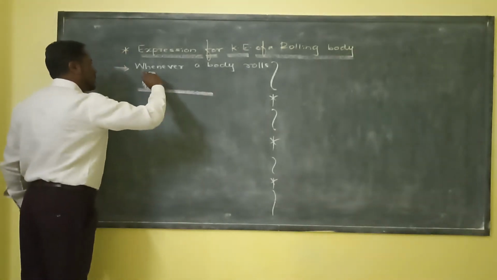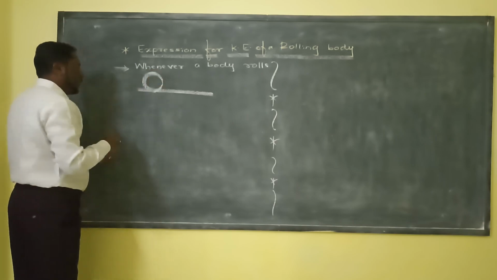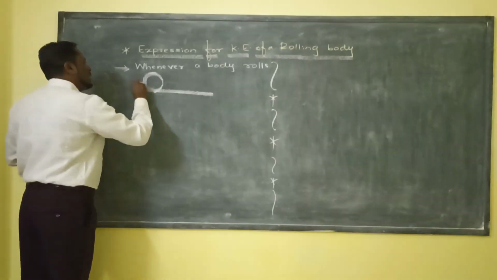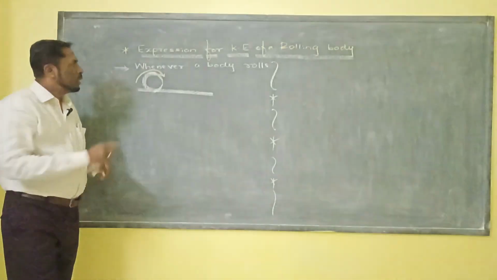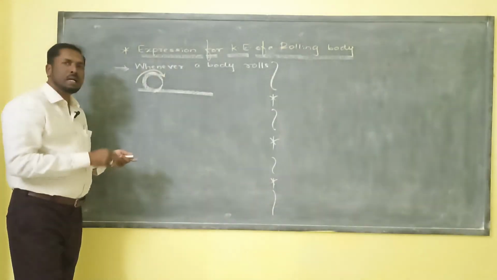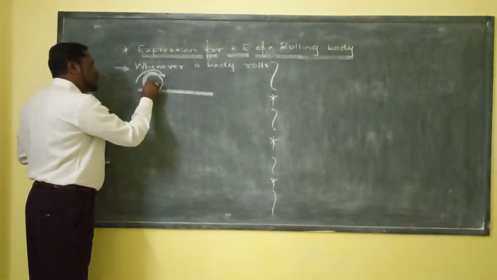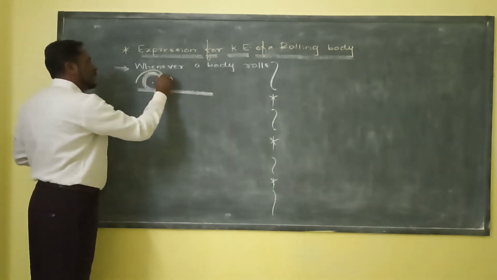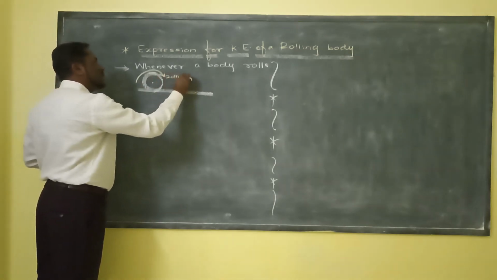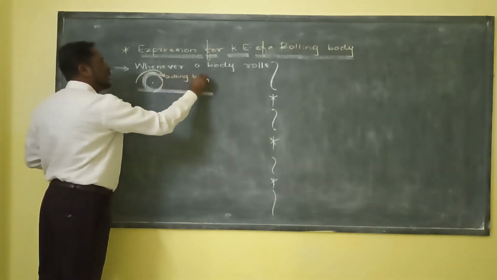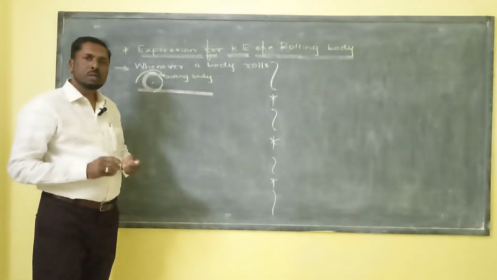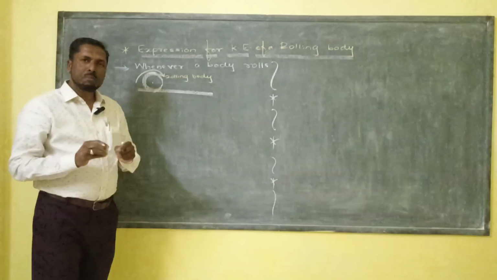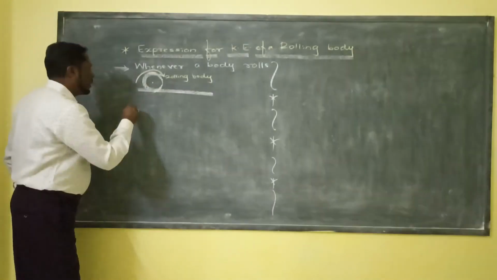This is the sphere, and here the sphere is represented in the rolling form. Here the sphere is rolling, that is nothing but the rolling body. What we are observing in the diagram is, whenever a body rolls, then